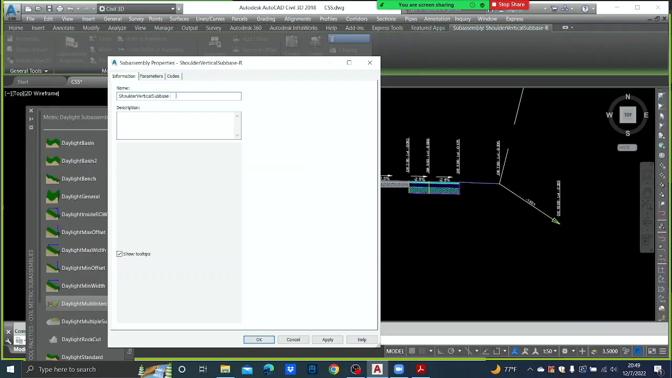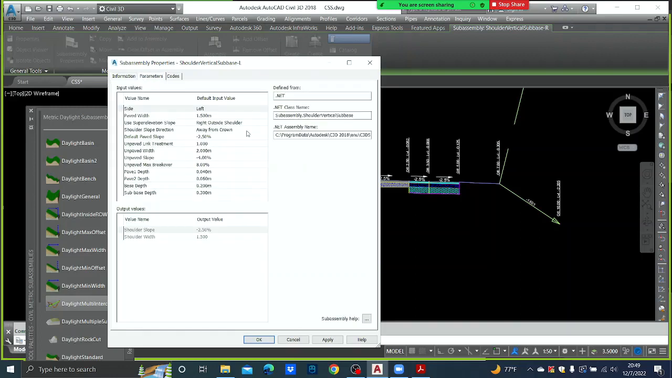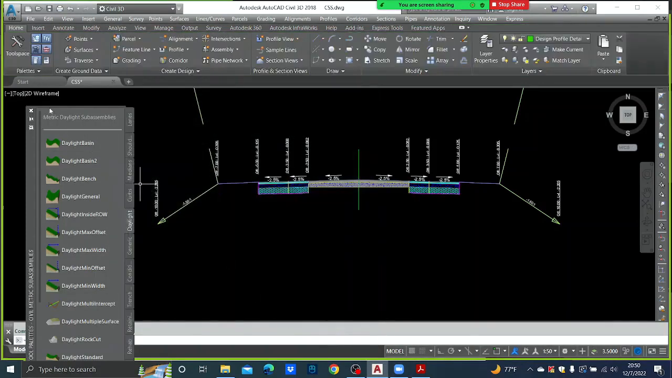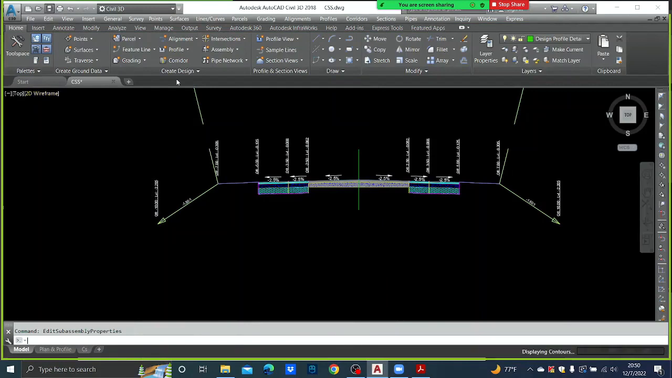You have to change the name L, and parameters, side is left, use super elevation slope, left outside shoulder. Okay, there's nothing to change there. Press apply, press OK, and you close this one also and save the drawing. So this is your typical cross section. Okay,